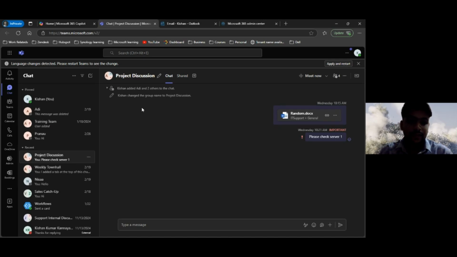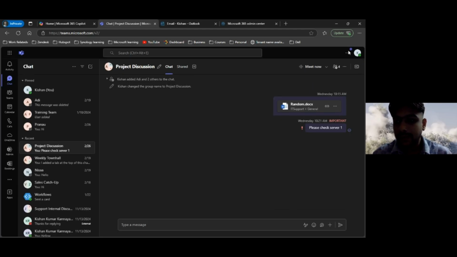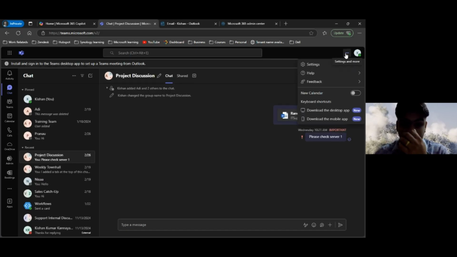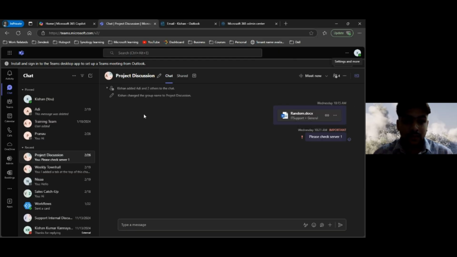So this is Microsoft Teams here. How do you download it? It's by going to this three dot menu here. Then you'll be able to see download to desktop, and you have download the mobile app as well. We have chat features here. I won't be dragging too long on the chat feature. I just want to walk you through the most important things you need to be aware of. Under chat features, we can start a one-to-one chat by going to this search bar